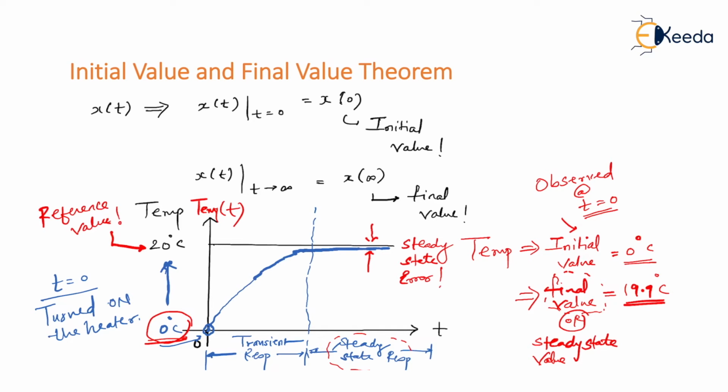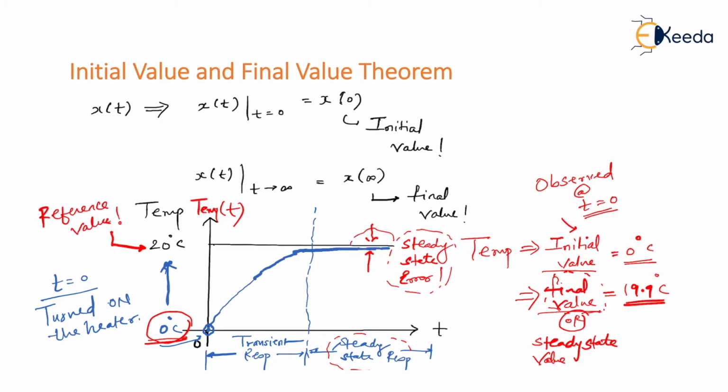The reason I have taken this example is to make you understand these terminologies, that is steady state error, what is meant by initial value, what is meant by final value, and so on. So final value or steady state value is always observed mathematically at t tends to infinity. Let me tell you, in reality or in practice, you cannot observe something at t equal to infinity, because it is the time that you have to wait for a lifetime. Even if your life ends, t tends to infinity will never come. Mathematically, when I say t tends to infinity, it means I am talking about a steady state value or a final value. I hope you're not taking t equal to infinity literally.